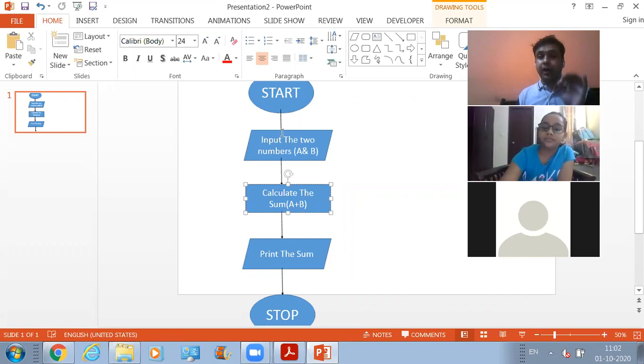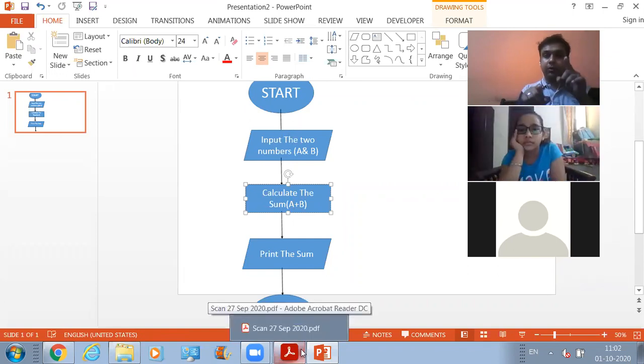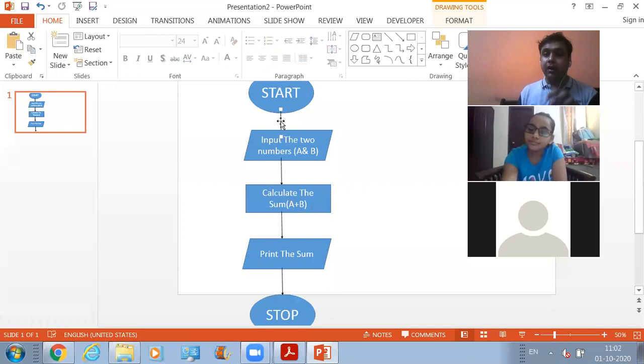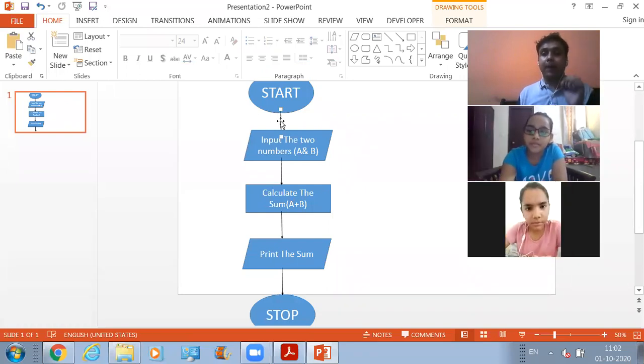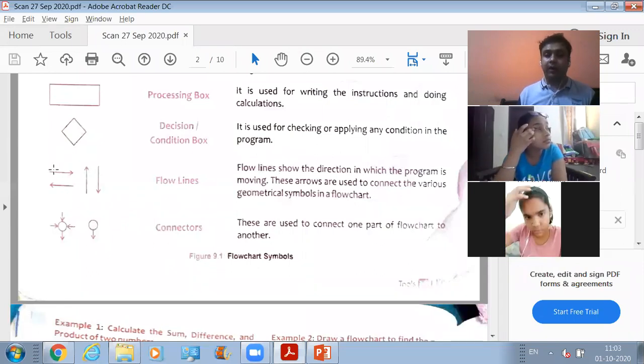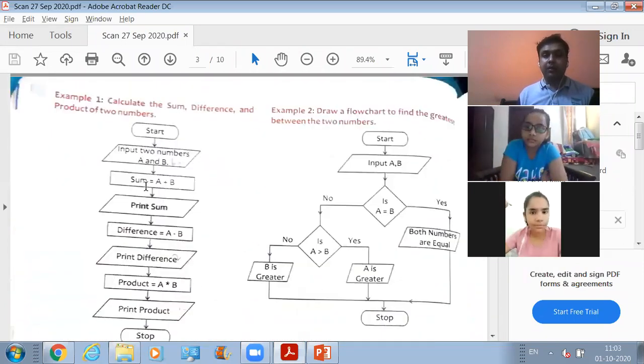Yes, sir. So it means that the program is flowing from top to bottom. अगर मैं इन्हें उल्टा कर दूंगा तो इसका मतलब क्या हो जाएगा? That the program is flowing from bottom to top. So they tell a user the direction in which the program is flowing. That's what we represent with the help of these flow lines.